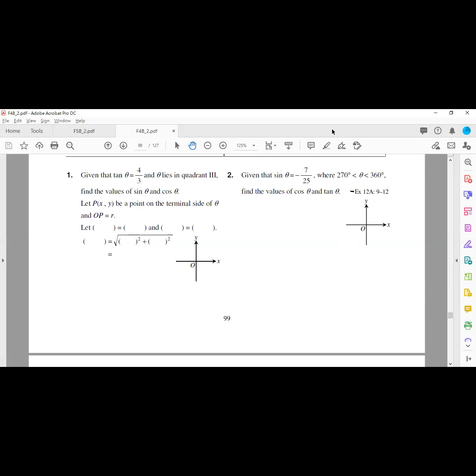But this time, it may be positive, may be negative. We just need to determine whether theta is in the first quadrant, second quadrant, quad 1, quad 2, quad 3 or